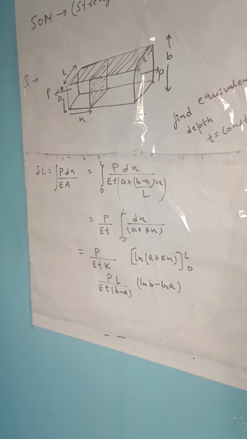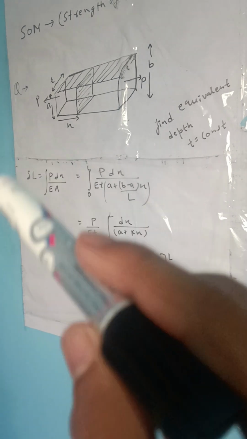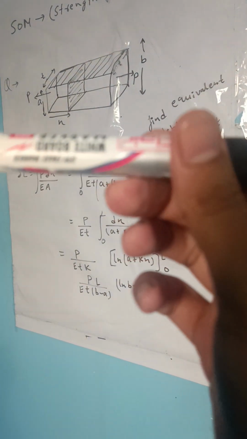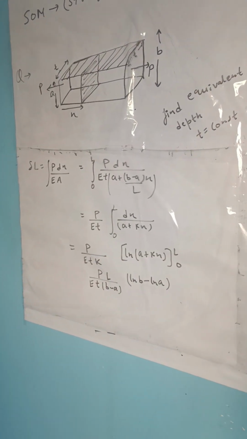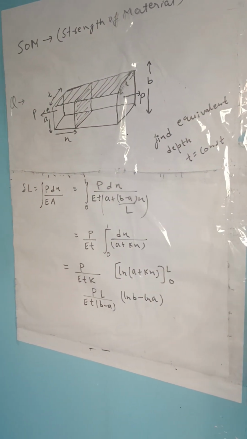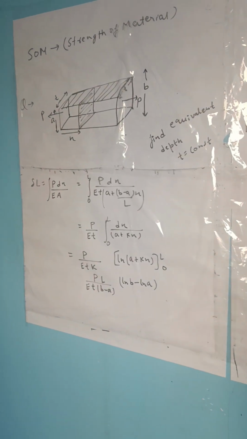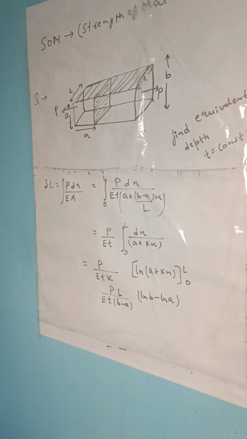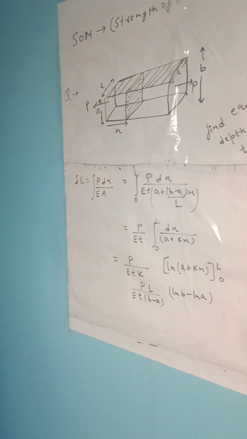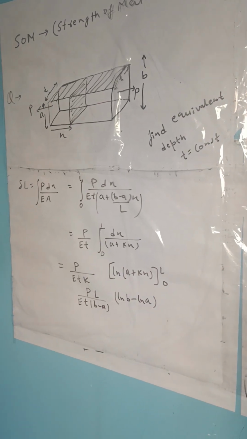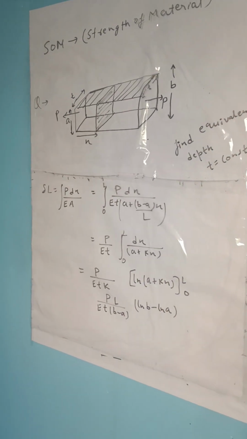It is the depth for which the total deformation comes out the same, but the member we are taking is of constant cross section. Thickness is given as constant, and depth will also be constant, so we have to find the equivalent depth. It is a hypothetical depth, meaning originally it doesn't exist, but we calculate it because it is a hypothesis which gives the same deformation. Such a member we are imagining, so we have to calculate that.